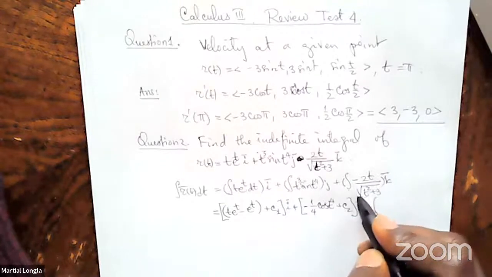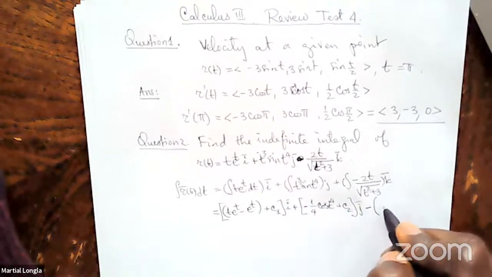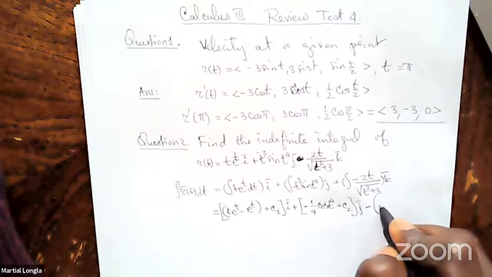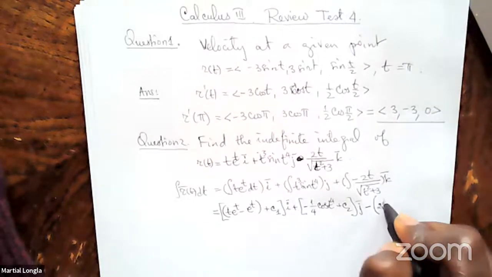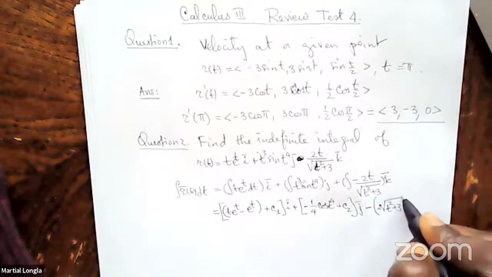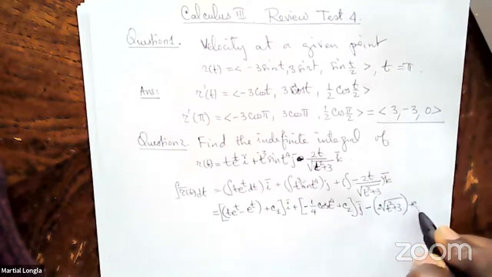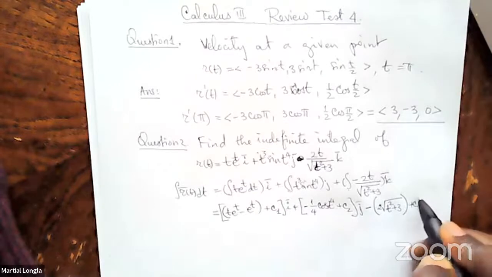So we are missing the 1/2 here. So that's going to be 2 square root of t squared plus 3 plus c3